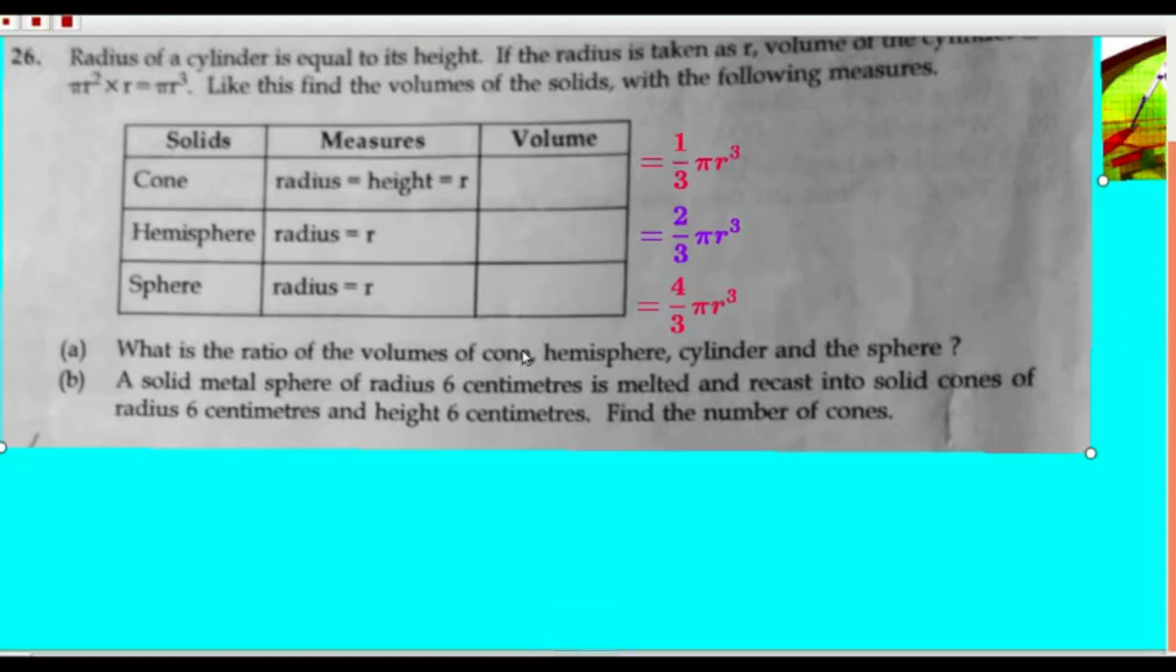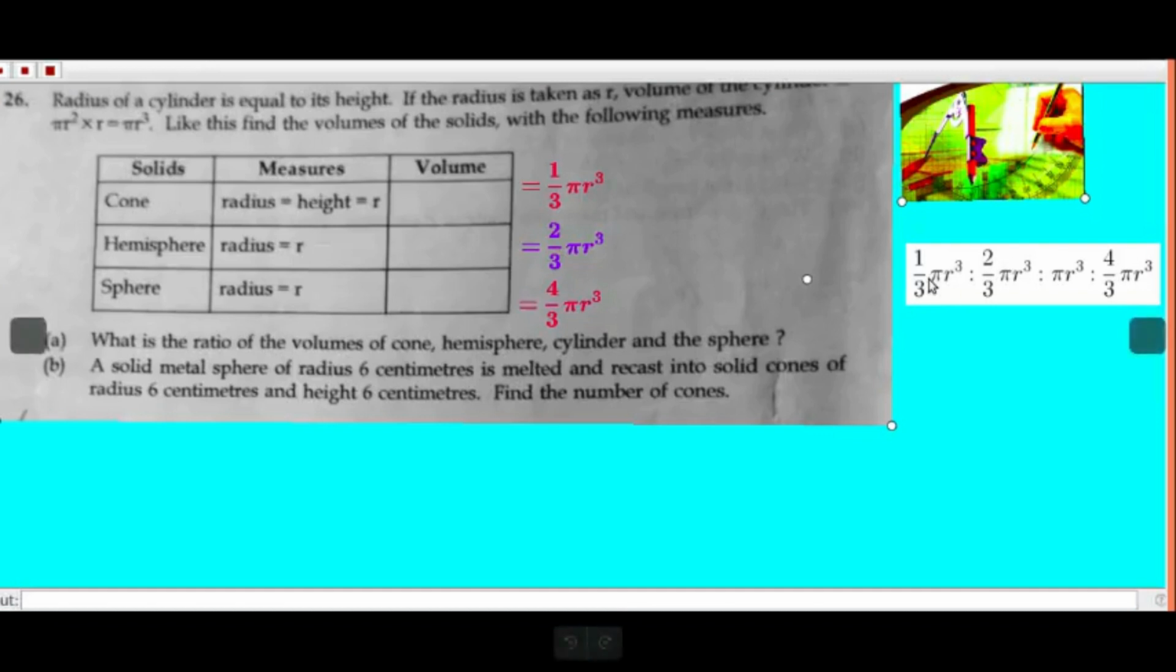Cone, that is 1 by 3 pi r cube. Hemisphere, 2 by 3 pi r cube. Cylinder, pi r cube. Finally sphere, that is 4 by 3 pi r cube. We have to find the ratio of these four. Here 1 by 3 pi is cancelled. Then we have 1 is to 2 is to 3 is to 4. Okay, that is, we multiply each term by